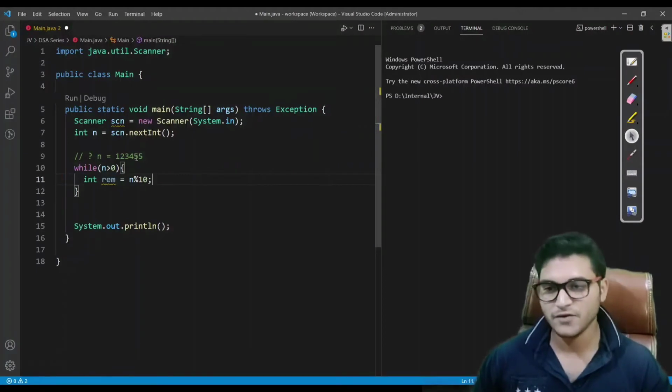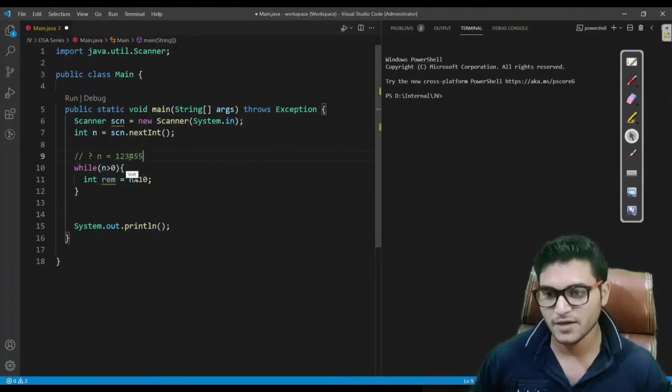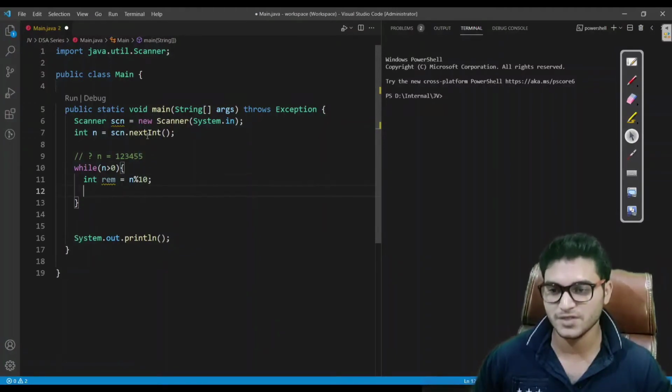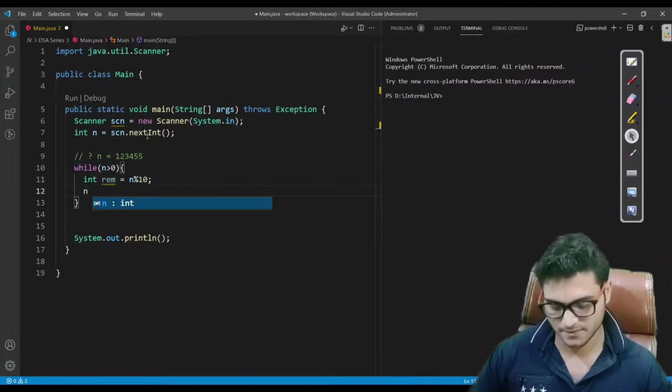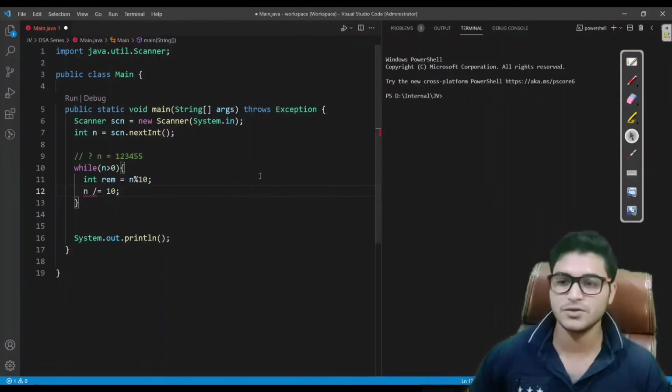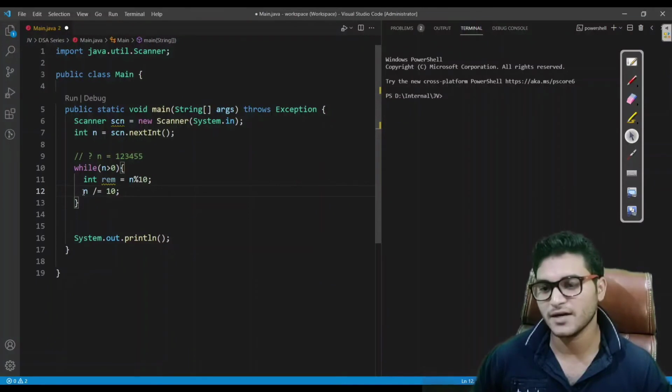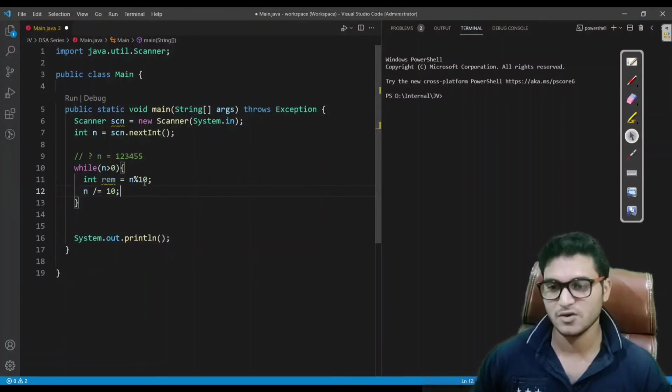Next time we do not have to take the remainder of the full number; we just have to take the remainder of the number excluding this 5. How do we exclude it? To remove the last digit of any number, we just divide the number by 10 and assign the result into n again. This is how we will do it.